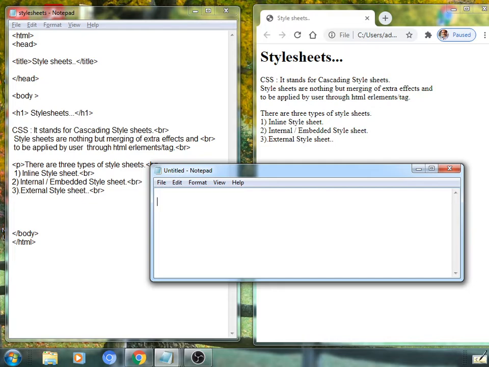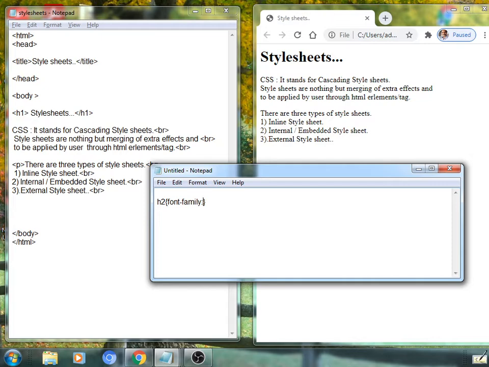I want to apply first any heading level as a selector. We have chosen, suppose, H2. Within curly braces there will exist properties and respective values. For H2 I am going to apply property number 1, font-family, colon, and its value.